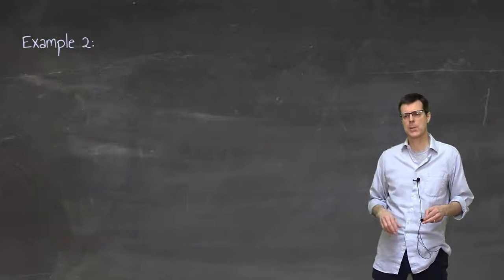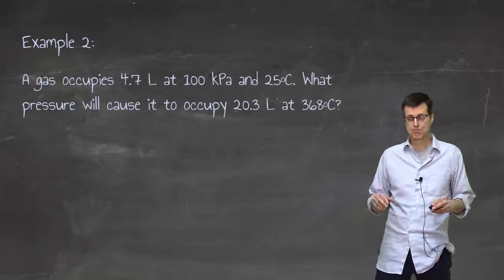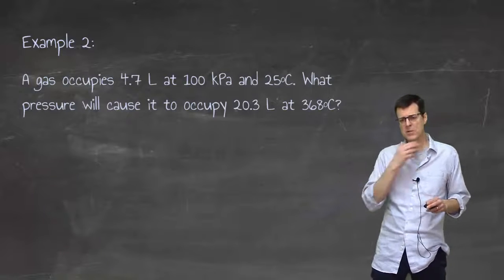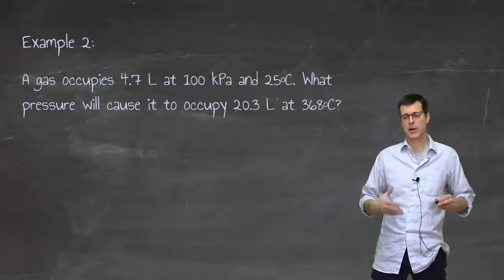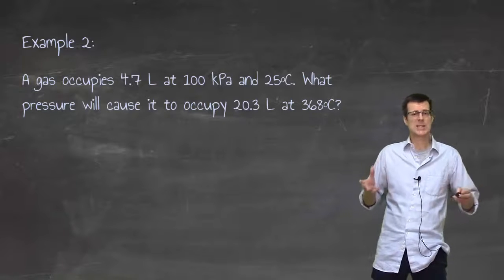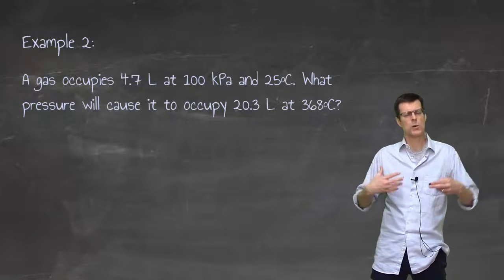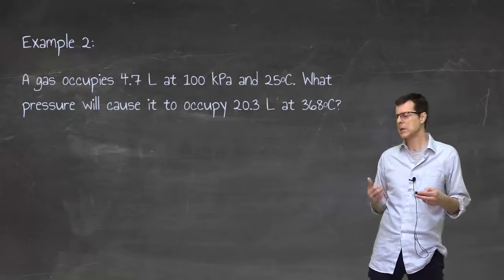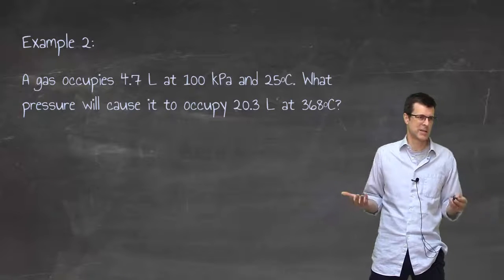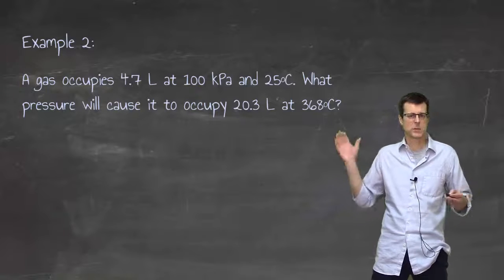That's about all I want to say about that one. Carrying on with the second example, if I had this one, 4.7 liters, 100 kilopascals, 25 degrees Celsius, that's sort of like regular conditions, like a decent day in the summer that's not too hot, but 100 kilopascals is about what we would normally experience day to day. 25 degrees Celsius, that's kind of a warm room,